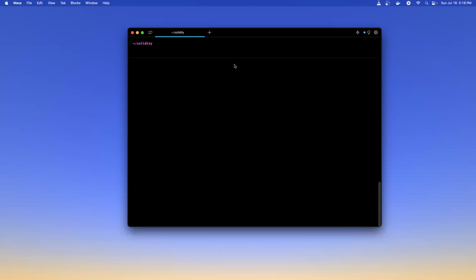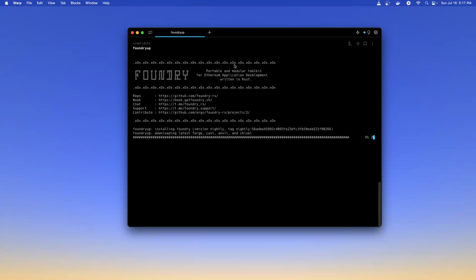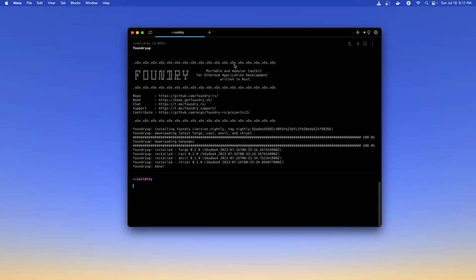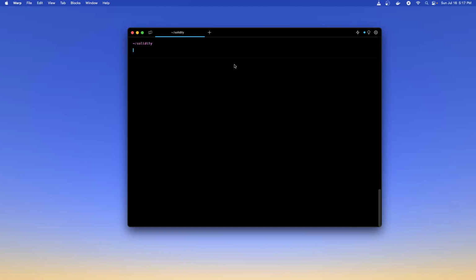initiating our Foundry repo. For anybody that doesn't know anything about Foundry, you can go to foundry.sh and install Foundry. So let's check, number one, if we have the newest version. Just run foundryup, and it will download all of the Foundry tools. That way we'll have our Forge, Cast, Anvil, and Chisel up to date. So cool. Now that we have that done, let's do a forge init, and we'll call this the